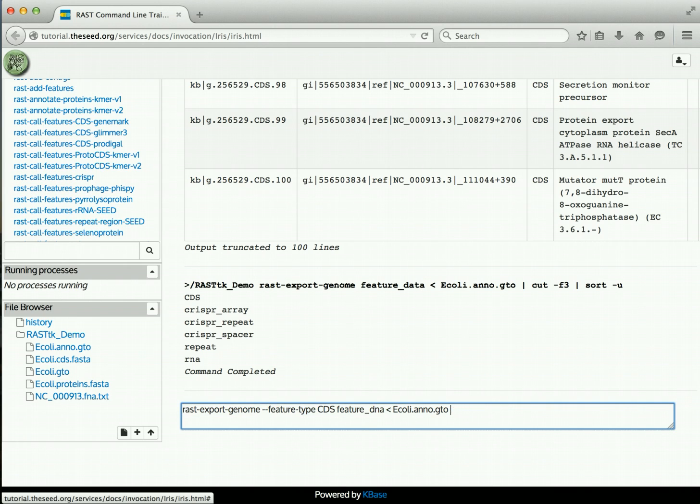I'll delete the output, and then I'll come over here, and instead of CDS, I'll say RNA, all lowercase, and I'll hit return. So it's RAST export genome, feature type, in this case now we're looking for RNA, all lowercase, feature DNA, and E. coli.anno.gto is our input. And if you hit return,